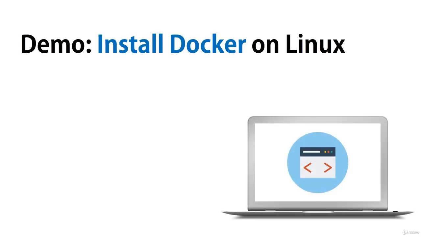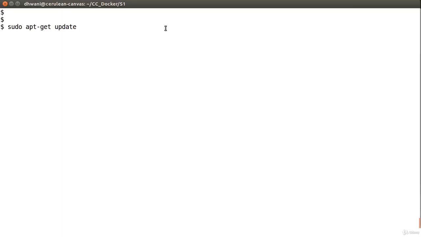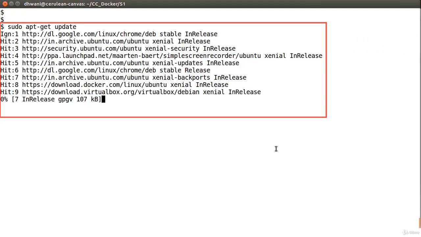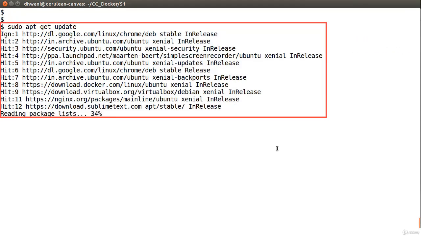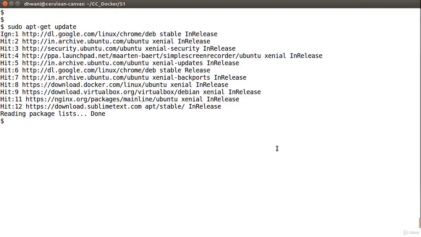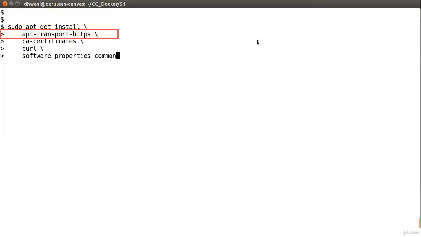In this demo, we will install Docker on Ubuntu 16.04 or Ubuntu Xenial. Let's start off with running a standard apt-get update command. Once we are done with that, let's install some of the prerequisites, such as apt-transport-https to make sure